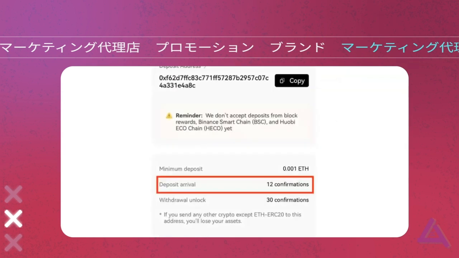It's even better if you have additional information. For example, if you show, oh yes, your deposit arrival is at 12 confirmations. For withdrawing, you need 30 confirmations. So it's like showing how the system is working right now. And the user now thinks the system is safer, because they think they have control of the system, and it's a feeling, because the blockchain is working, and that's it. But it's a feeling that is good for the user and it has positive usage.